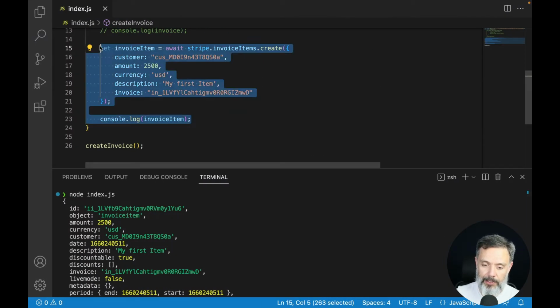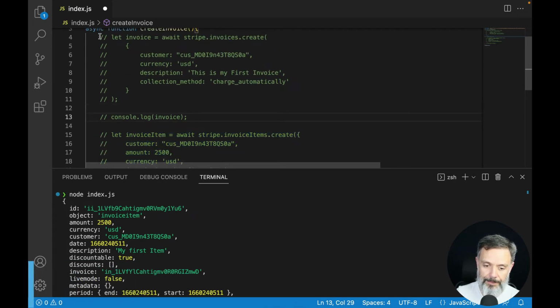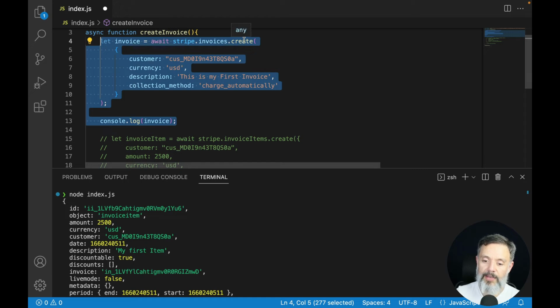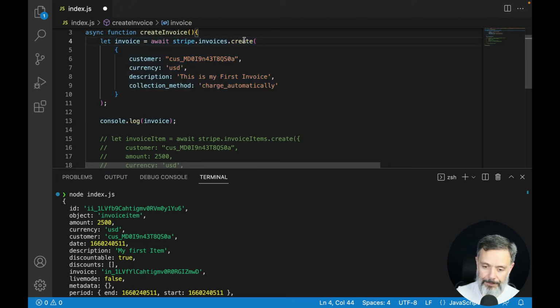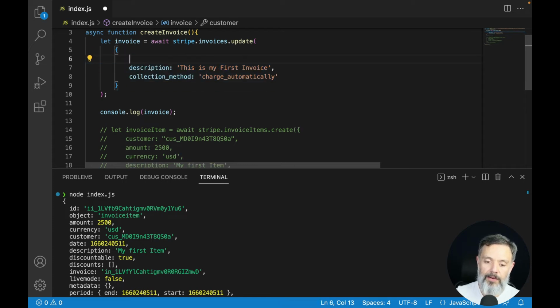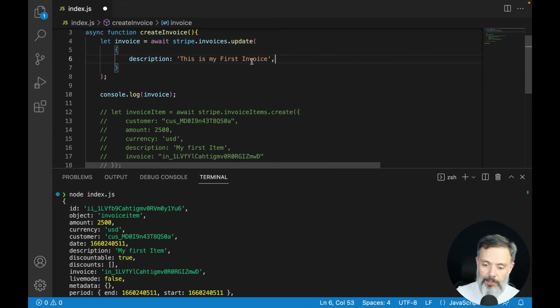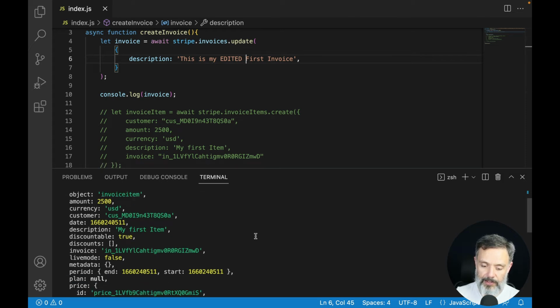So let me comment this out and uncomment the previous part so we can update it. So let's try the create method to update. And we're going to change some data in here. So I'm going to change the description. So suppose I entered my description wrong and I want to fix it. All I have to do is add, this is my first edited first invoice. So if I run this code once again,